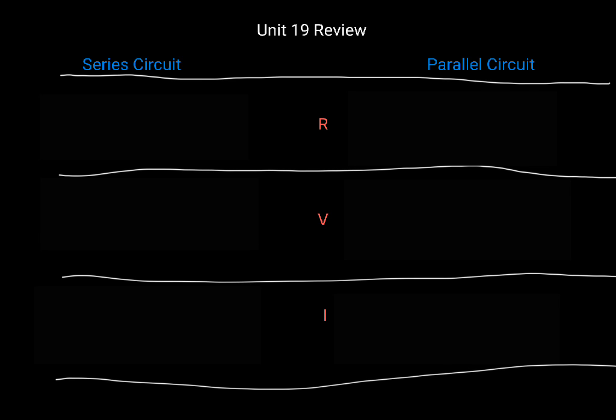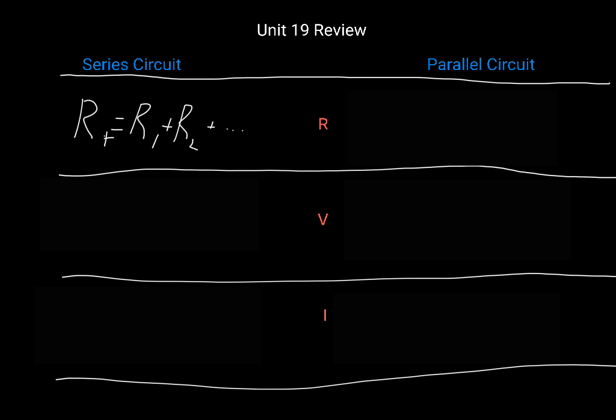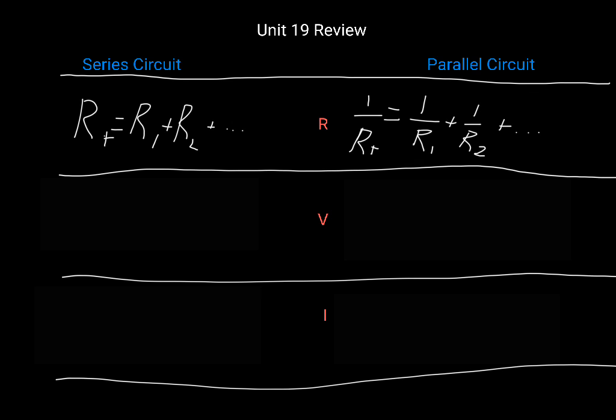The first thing we're going to look at in this review is the difference between series circuits and parallel circuits, and how resistances, voltages, and currents are changed and how they work in these different circuit types. So first, with series circuits, the resistances add together. R1 plus R2 plus R3, all of them together, is going to equal the total resistance. In parallel, the reciprocals add together. 1 over R1 plus 1 over R2 plus 1 over R3 is all going to add together to give you